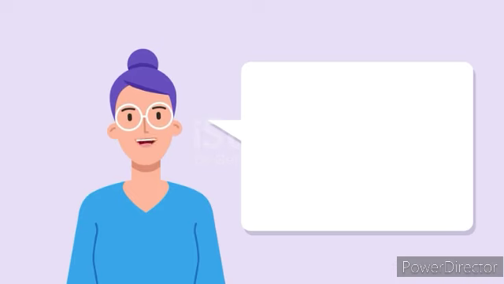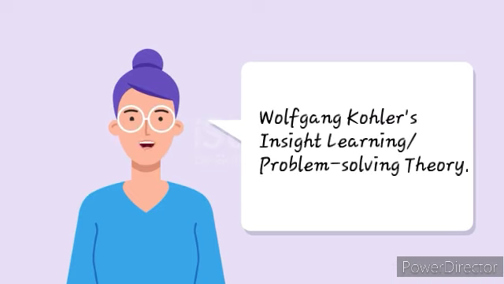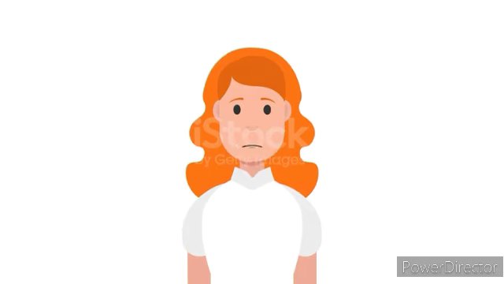So the fourth proponent of the cognitivism approach is Wolfgang Kohler's insight learning or problem-solving theory. This is rooted in Gestalt theory, where an individual evaluates information as a whole rather than receiving it in isolation. This theory also emphasizes that learners have the capacity to determine and understand the nature of any given phenomenon in a bigger view that involves exploring, analyzing, and structuring perception until a solution is found, where mostly problem is solved through the cognitive trial and error method.